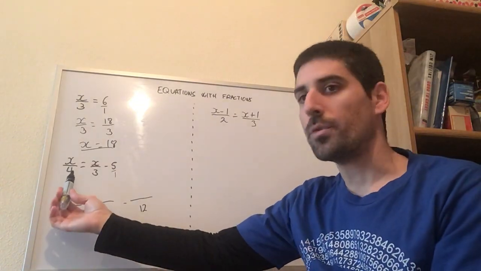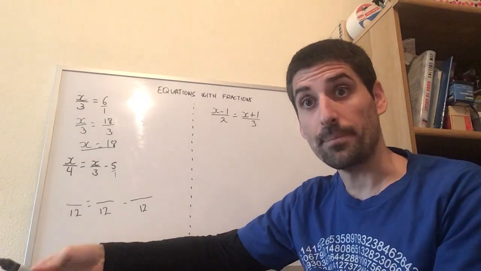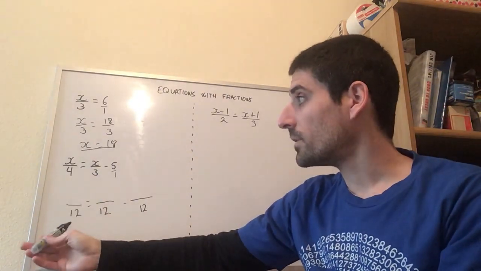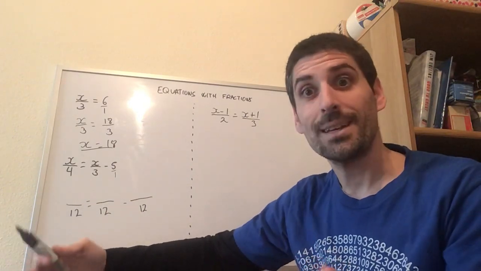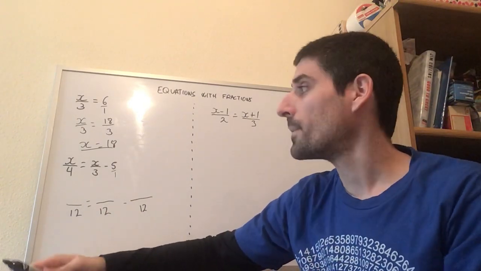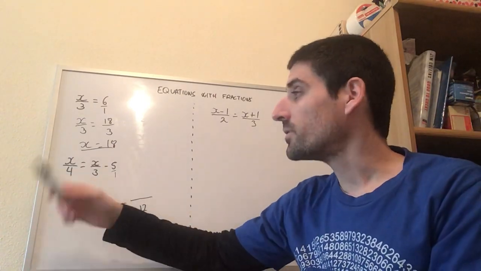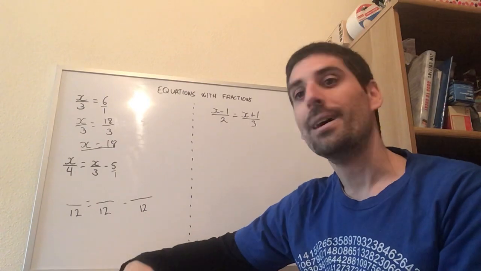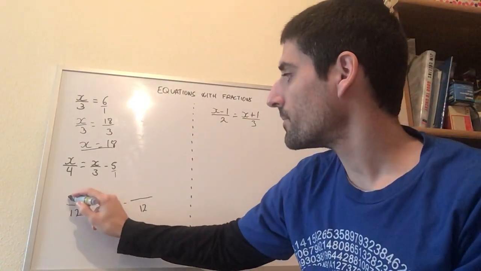Now think about it. How do I go from 4 to 12? I multiply times 3. So what I do to the denominator, I have to do to the numerator, because I want to have equivalent fractions. Otherwise, I'm changing the question, I'm going to mess things up. So to go from 4 to 12, I multiply times 3. I need to multiply x times 3. And please don't tell me the answer is x to the power 3. The answer is